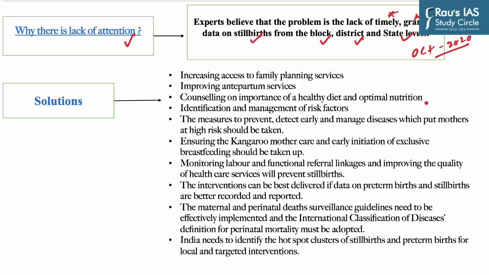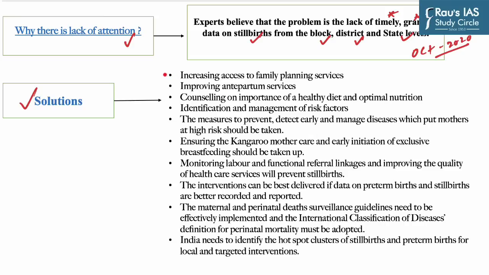Now, in India, the SRS report on stillbirth is under a cloud of doubt because the estimates of SRS reports are not in consonance with other estimates, and according to experts, the number shown by the SRS report is way lower than the actual figure. So what are the solutions? According to the author, the majority of stillbirths and preterm births can be prevented by scaling up known and proven interventions and improving the quality of health service. And he gives some suggestions to improve the same.